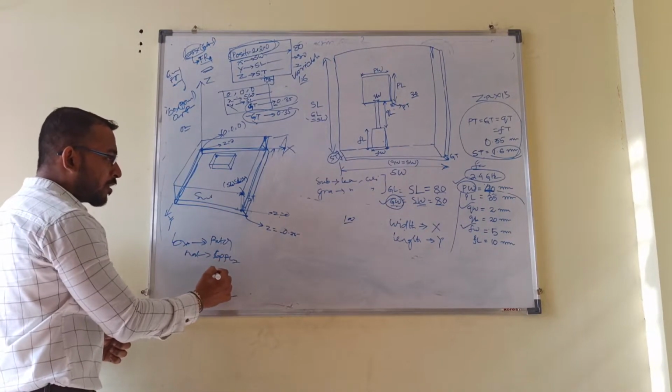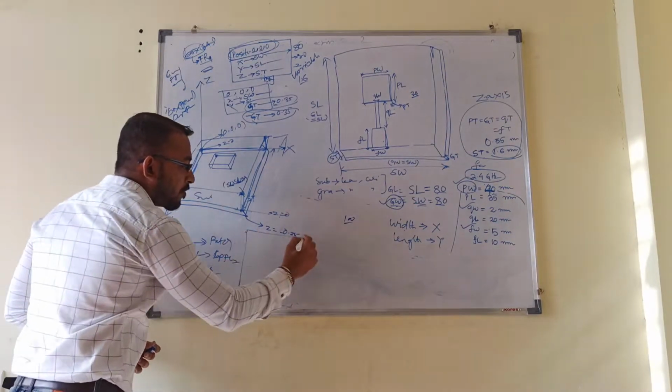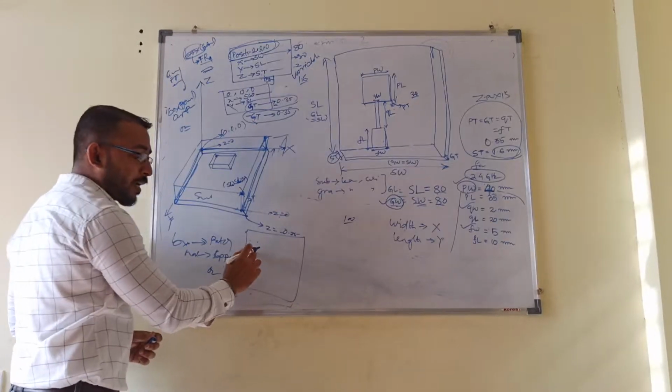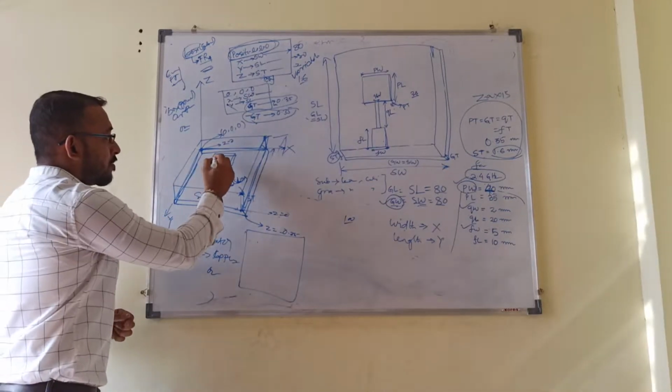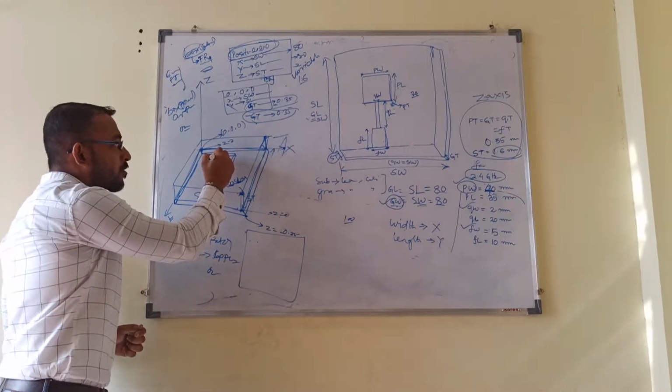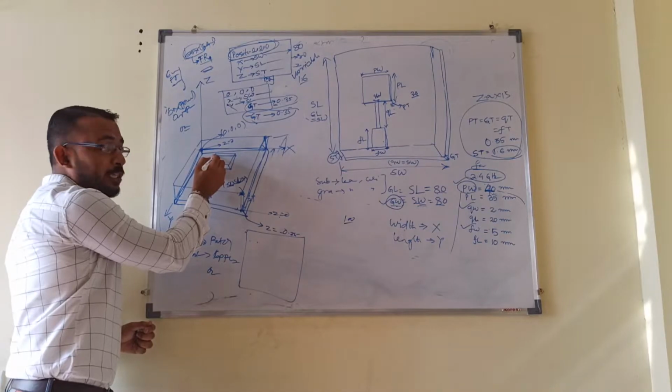This patch is copper, okay? Now that box will come. In that box you have to put the position at x, y, z value. Now see, position means the place where I started. I started at this position.